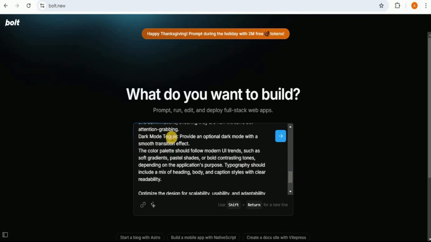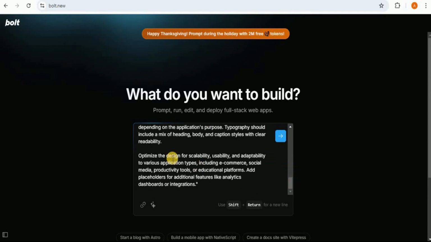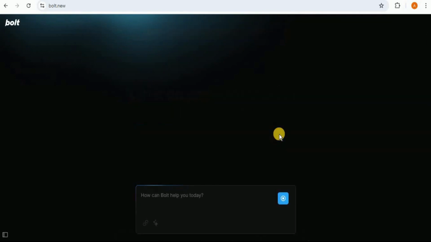I've also added a dark mode toggle button which would provide an option to change to dark mode. I've also defined the color palettes, and I've also said that it should be scalable, usable and adaptable for various types of applications.